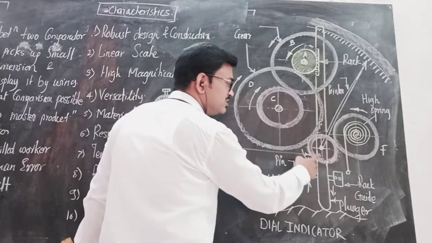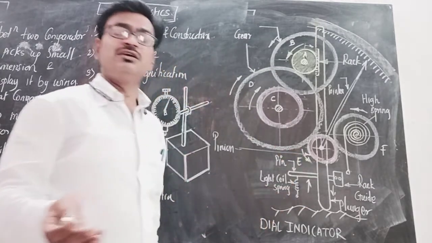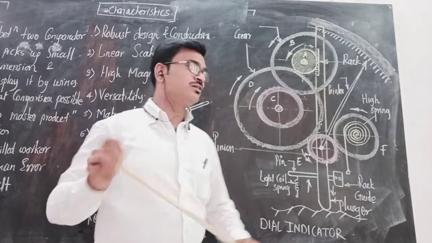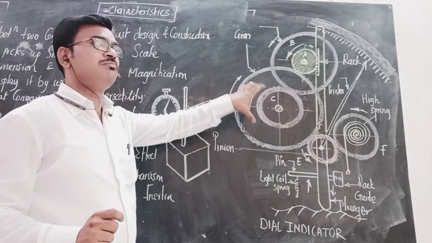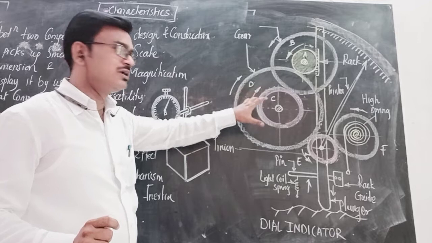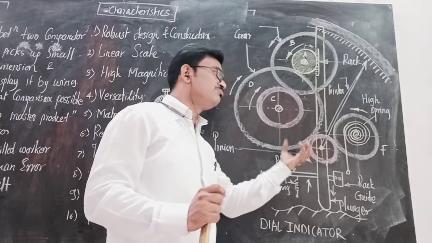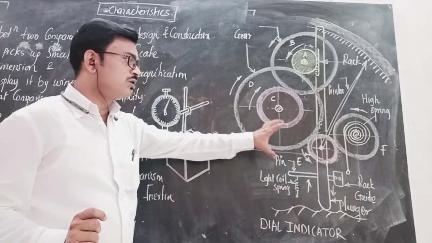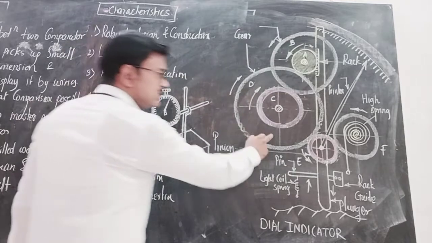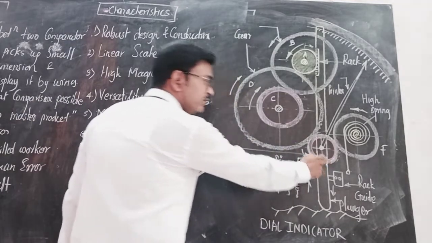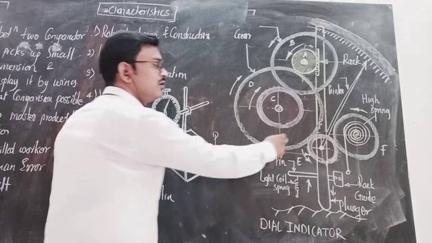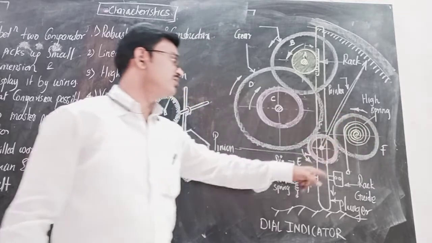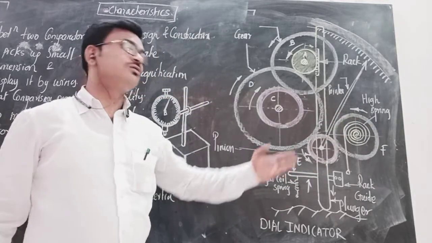As gear D is meshed with the pinion E, pinion and gear, what is the difference? Pinion is also a gear and gear is also a gear, but the only difference is whatever is the big diameter gear, that is called a spur gear or gear, and whatever the dimension as compared to the spur gear, if the diameter of that gear is small, then we say it is a pinion. जो छोटा असणार आहे त्याला pinion म्हणणार आपण. Now this gear D is meshed with the pinion E, so it again moves in an anti-clockwise direction. As it is moving in anti-clockwise direction, then gear F is also rotated in a clockwise direction.